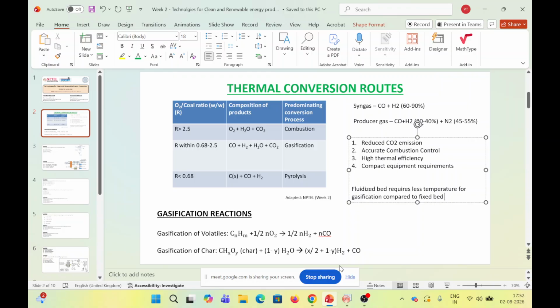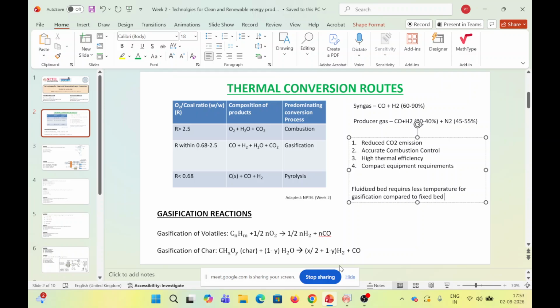So that is the process of liquefaction of coal. You take the coal, do the hydrogenation reaction and obtain the coal liquid. Once you get the coal liquid, you do distillation to obtain different kinds of liquid fuel from that. So this process is called